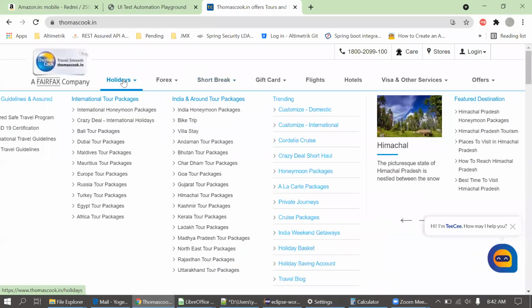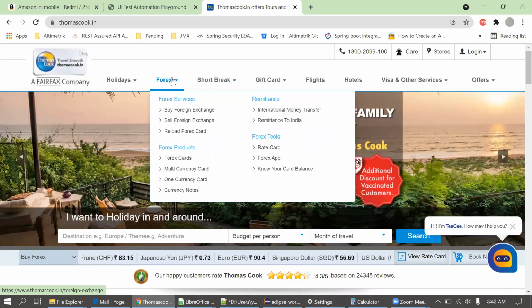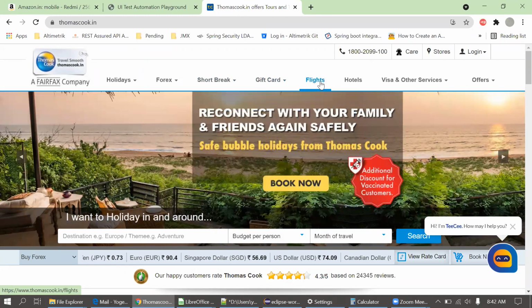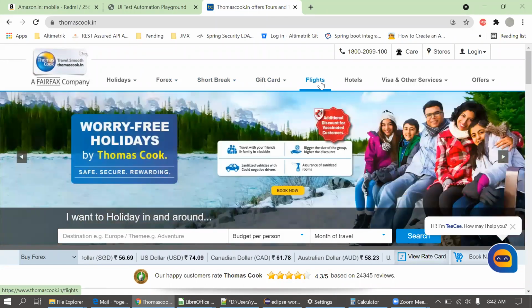Okay, so now if you are observing the UI, you can see this is a menu and this is sub menus. Okay, below that. This is the first UI observation. Then second, now here in the plates, you are not seeing a submenu option. So that also should be supported there.